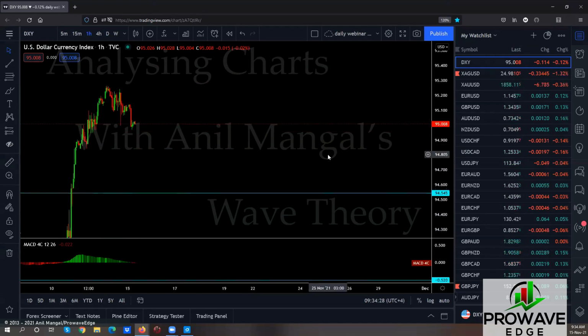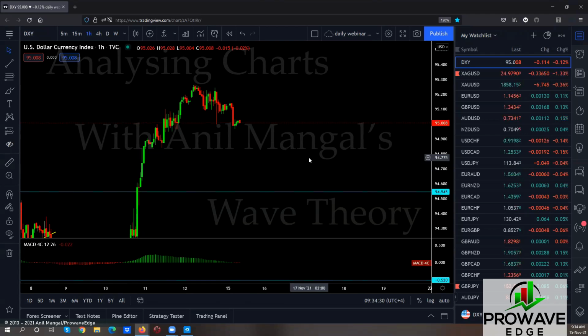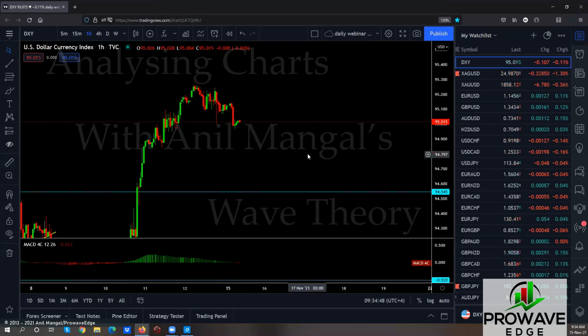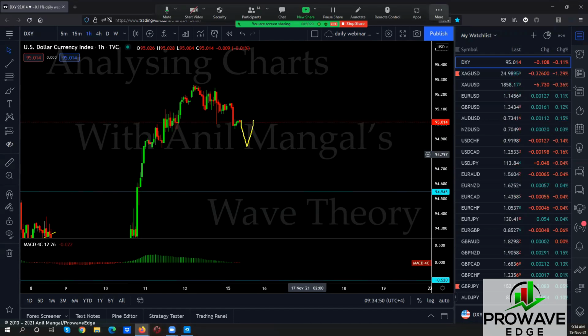So as of today, every flag we get, we will sell. So if this makes a flag, it's a sell setup. Now you'd have to be cautious. Remember, I said you got to be careful of sharp moves, and we do have a sharp move here if this is real. We'll have to check that on a few more charts to see if it's real, a few more providers to see if it's real. Sometimes you have wicks like those that are not real. But if it is real, then the chances are this could drop here, come back here, and then drop more. We're going to have a running flat type of pattern. Right? That is possible.